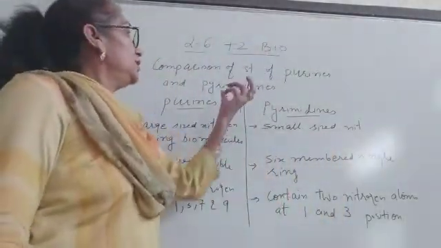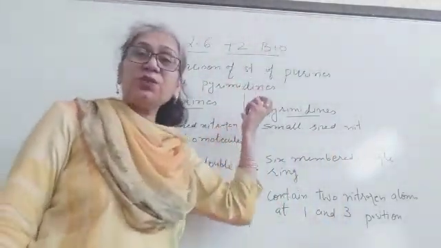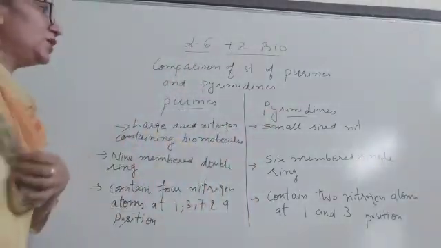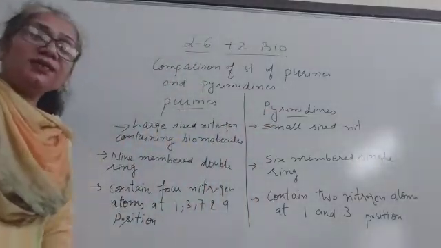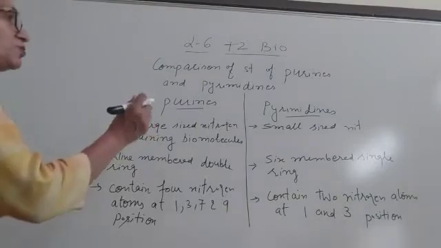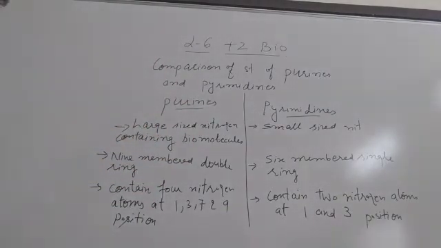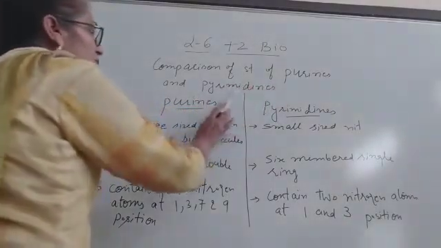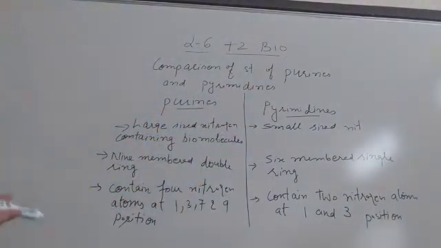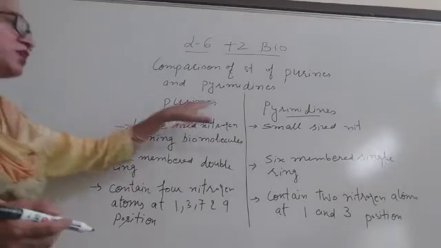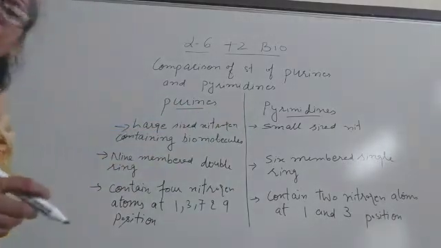I have already given the first video, sixth chapter, about the DNA. In that DNA, we have discussed the nitrogen bases. If you remember, we have done the nitrogen bases, the purines and pyrimidines. Today I will tell you the difference between purines and pyrimidines because it is given in your NCERT